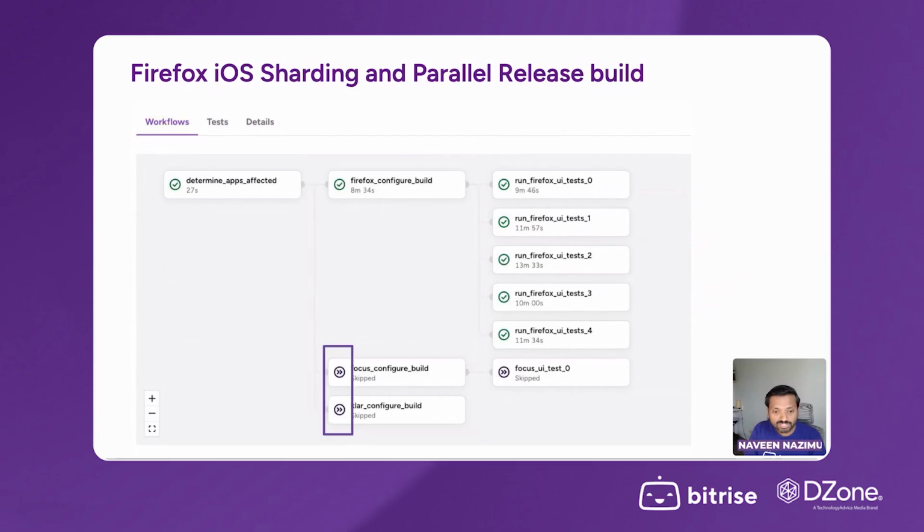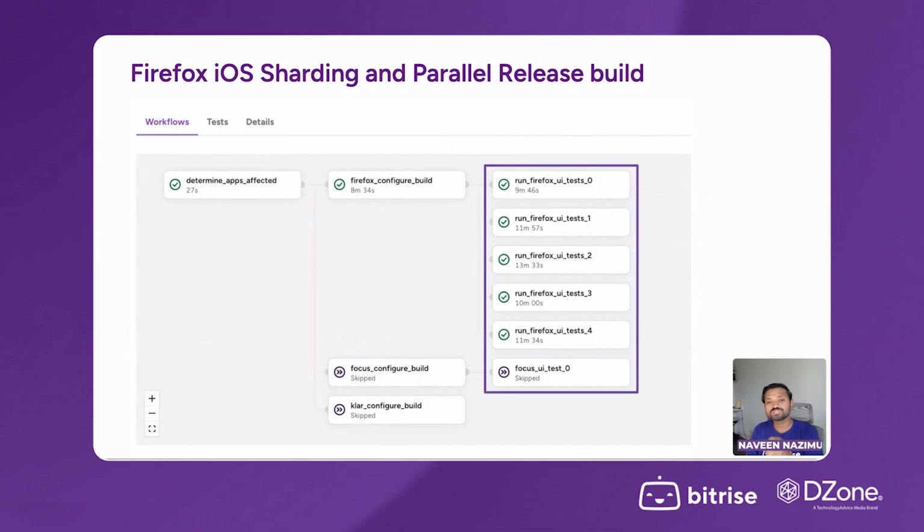And you also can see that 2 of them were skipped in this particular build because there were no changes in those files associated with those particular builds, or they had a flag set for not running those particular builds. And then you can also see that for that particular Firefox release, the tests are sharded